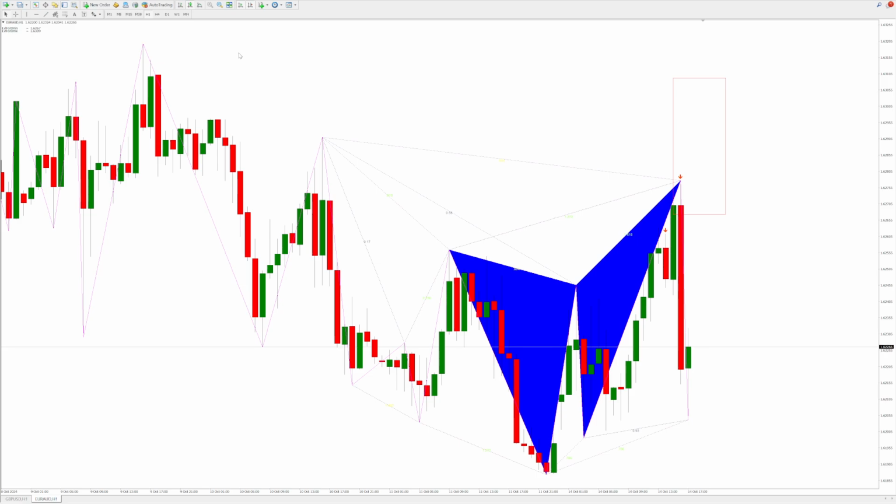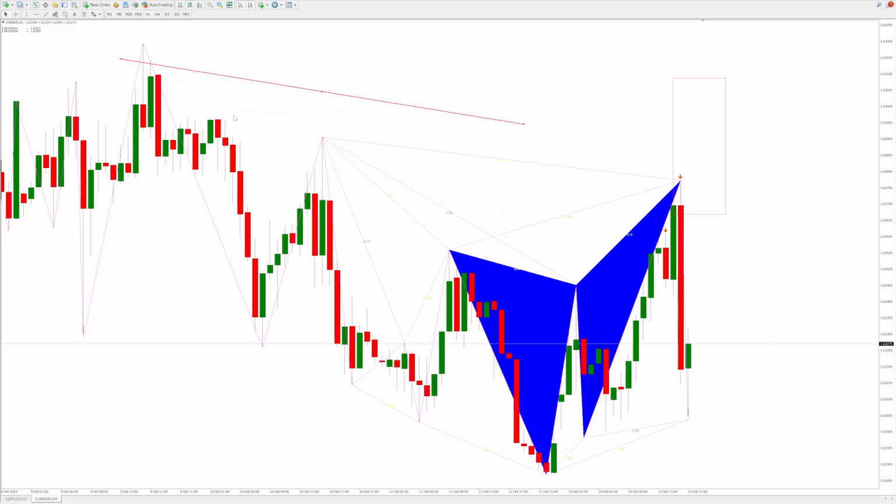Okay, so how do you use the Gartley pattern? Well, this is a harmonic pattern that you can find either in uptrends or downtrends, and we're going to look to trade. This is an example of a bearish trade using the Gartley pattern. So we have our downtrend here. We have the higher lows and higher highs, which is the pullback, if you like, into the